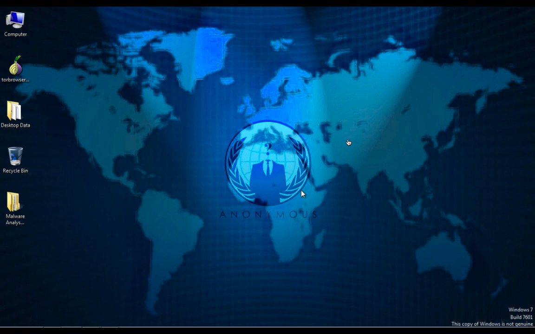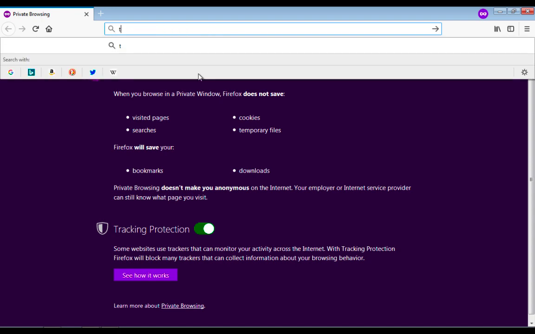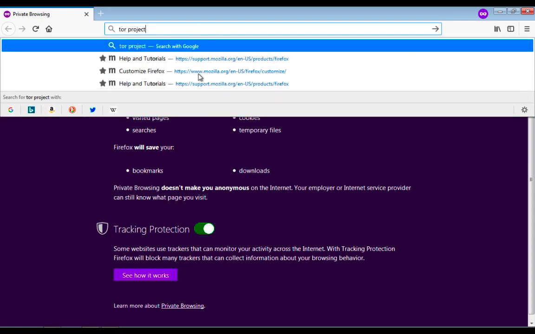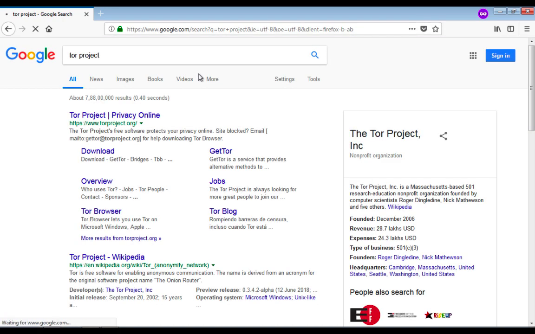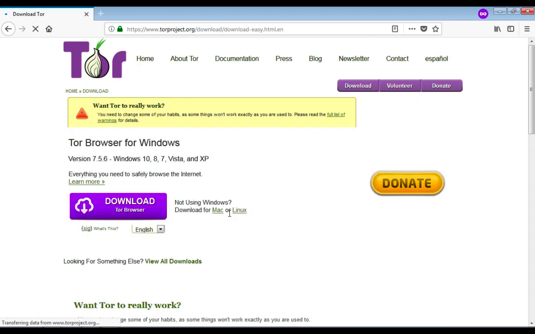And after that we are going to host our onion website over the darknet. So just open up your browser and search for Tor Project. Right now, as I'm using Windows, I have to download the Tor browser for Windows. So after opening this website, you have to go to either Download Tor or you can go to Download here. So I'm just clicking it here and the website will open up.